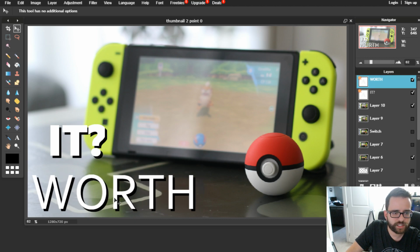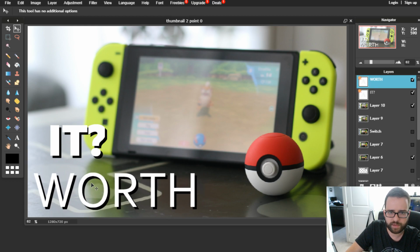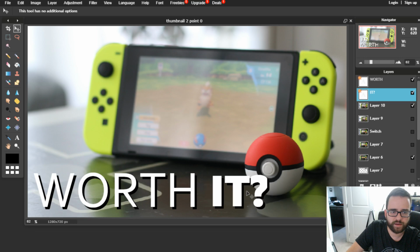Worth it is the easiest way to go, but I want to fill out all the negative space I have here, but the framing probably wasn't the best. Man,